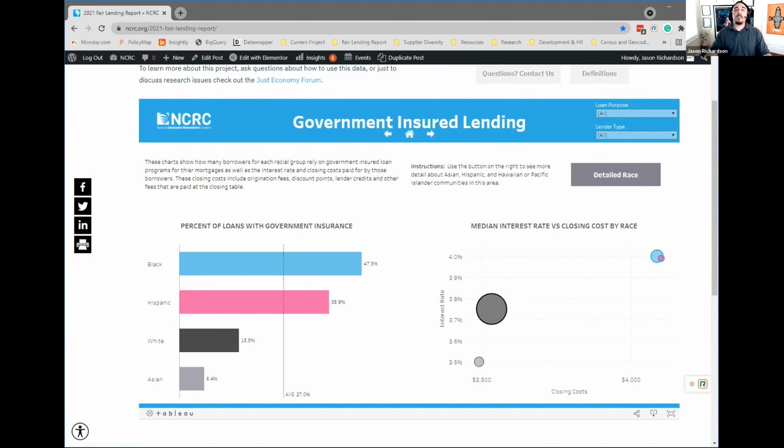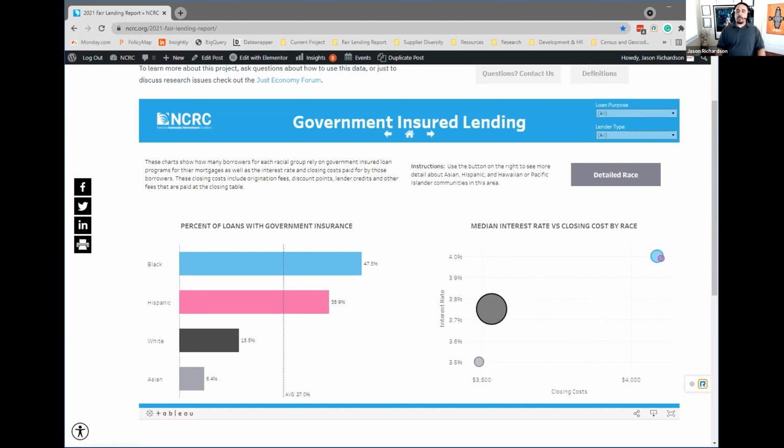Dexter's asking, is the data breakdown the types of mortgages, 30 years versus ARM, made by race? No, the data will support that. This tool does not. So the vast majority of loans are going to be 30-year fixed rate loans, but the current versions of HMDA do indicate if it is adjustable rate. In addition,